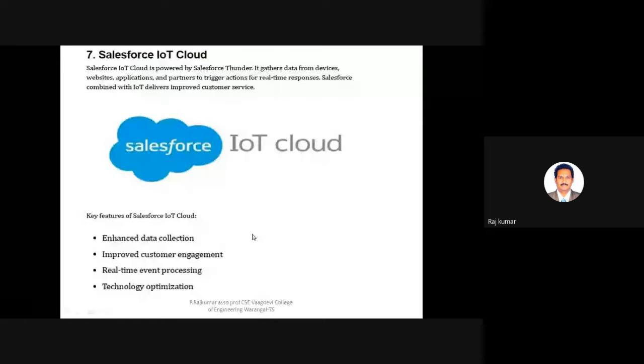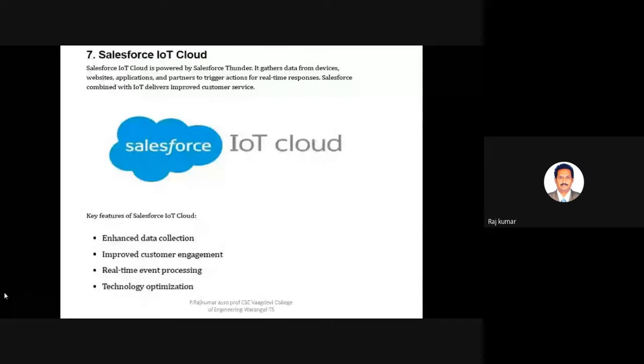So the key features of the IoT cloud from Salesforce are enhanced data collection, next improved customer engagement. That means if you get any technical problem like that, immediately it will be resolved from the backend. We'll get help. That is nothing but help. Next one, as I said, is real-time event processing.